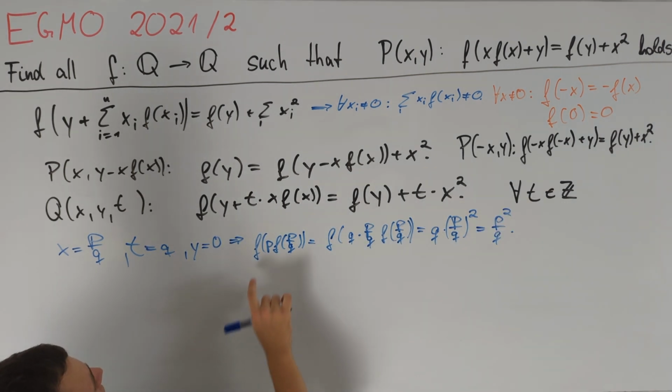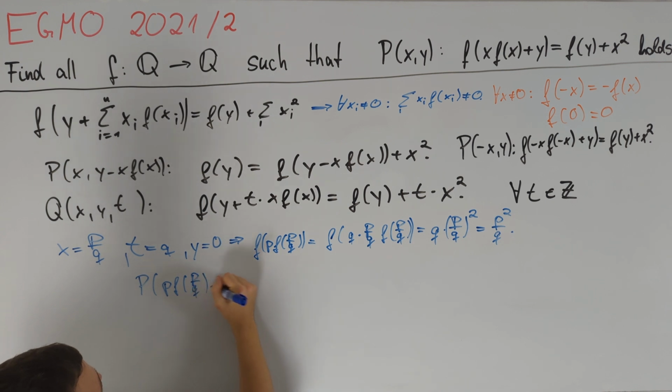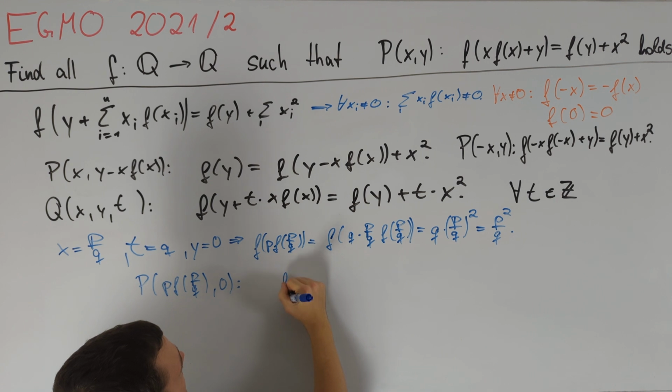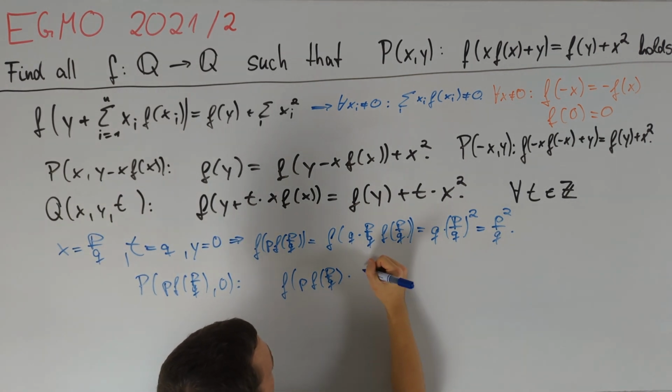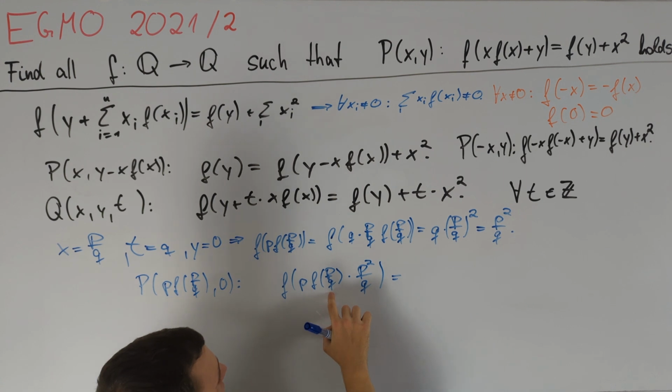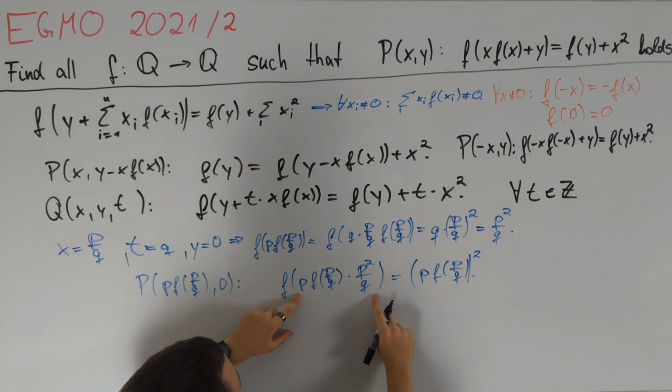Now that we know the value of f of p times f of p over q, we can set x equal to p times f of p over q and y again equal to 0 in our original equation to obtain that f of p over q times p squared over q is equal to p f of p over q all squared. Notice that this argument is just p squared times p over q f of p over q,